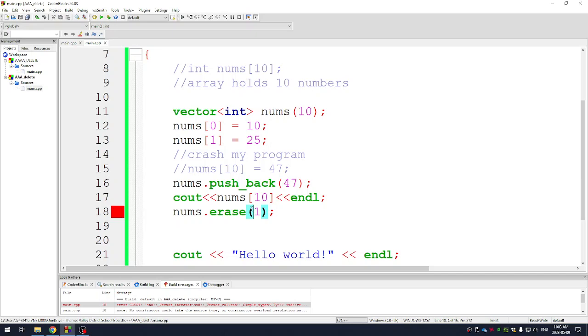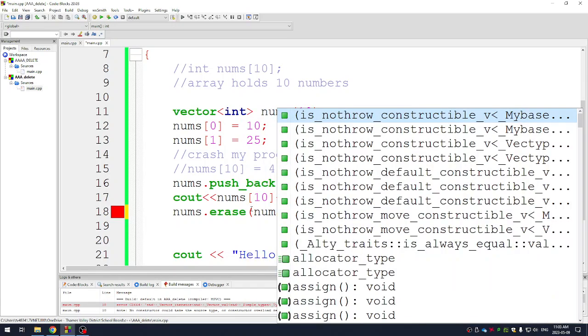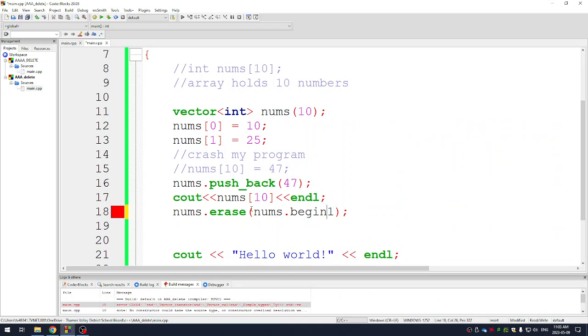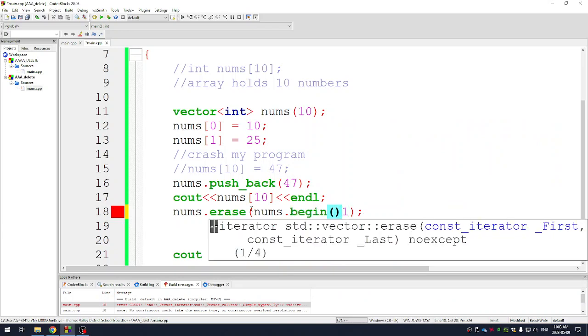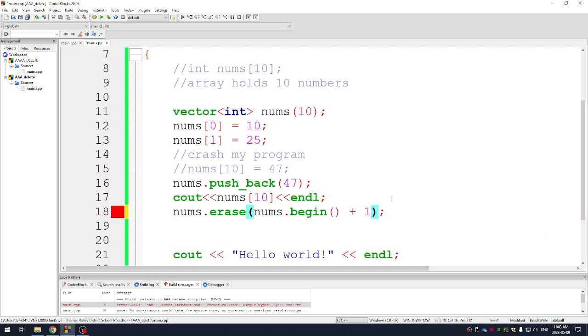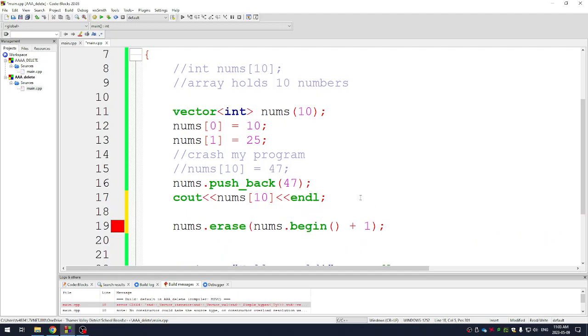What you have to actually do is say nums dot begin, which is the memory address of the first item in your list. And then if you go +1, it deletes the second element. So now I can delete stuff out of my list if I need to,